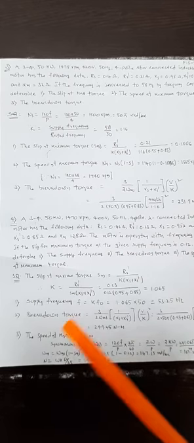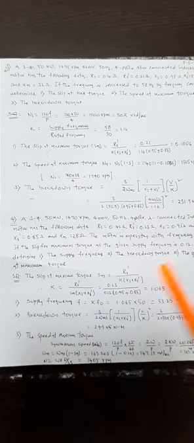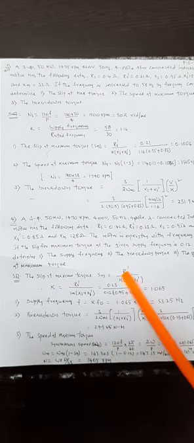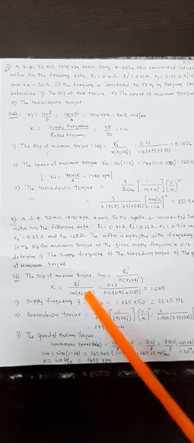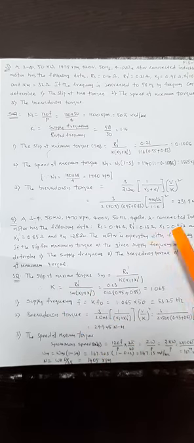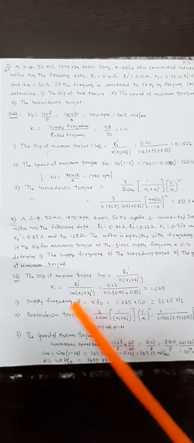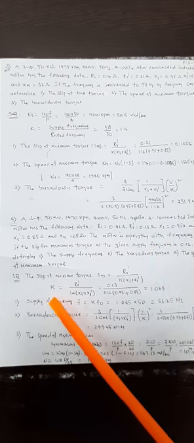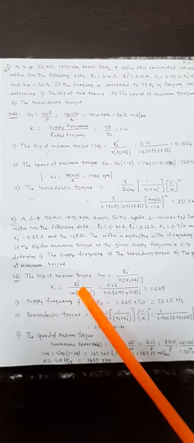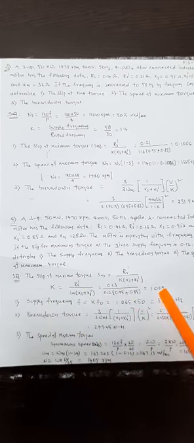So the maximum slip is given. So the slip at maximum torque Sm is equal to, as per our previous formula, this formula, and you have to calculate the K here. The frequency ratio is not given, the maximum slip is given. So at that time, how to calculate the value of the frequency constant? That is the supply frequency by rated frequency. So you substitute all the values. So the K value is 1.065.